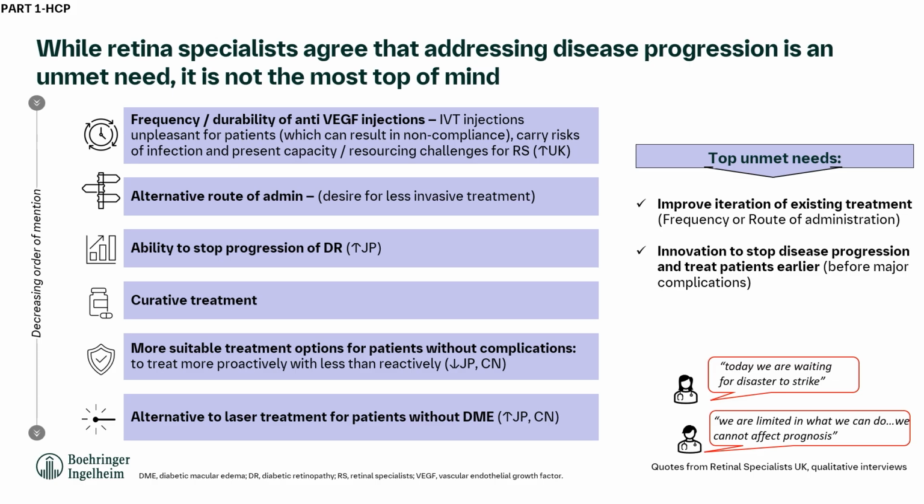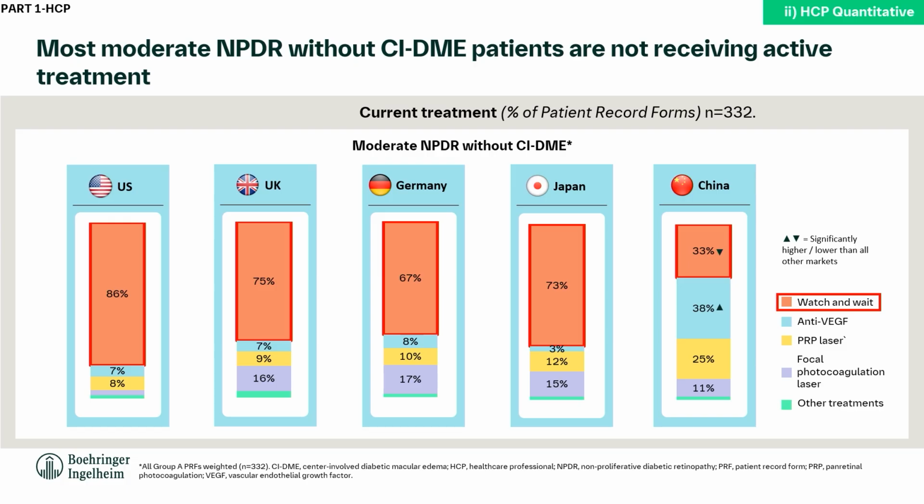So it tells you a lot in terms of how physicians feel and what remains to be addressed and the level of unmet need in this patient population. Now, looking at how they handle their patient population in moderate NPDR patient without complication, the standard of care remains watch and wait, so no treatment because there are no good options today for this patient population. So still very much reactive and observing this patient population until something appropriate comes along to treat these